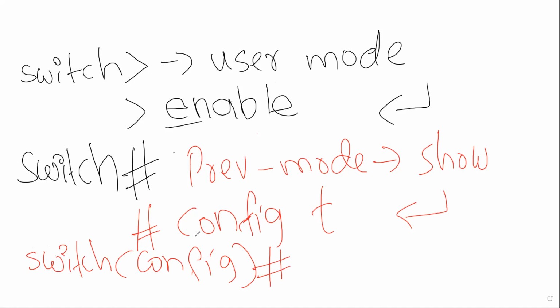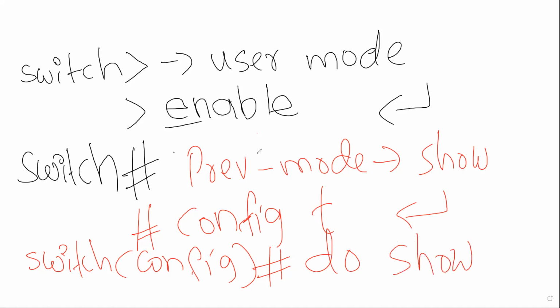global configuration mode. So any configuration, or the majority of the configuration, we're going to place from the global config T mode, or the configuration mode. In some cases, we can perform show commands from a higher mode than the privilege mode. So let's say if you want to see something, you need to put the show commands from the privilege mode. Elsewhere, you can put the do command, do show.